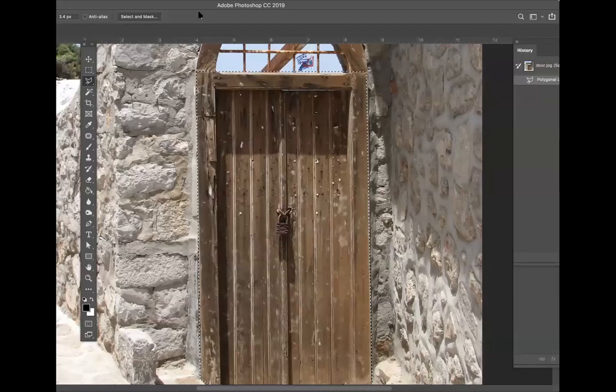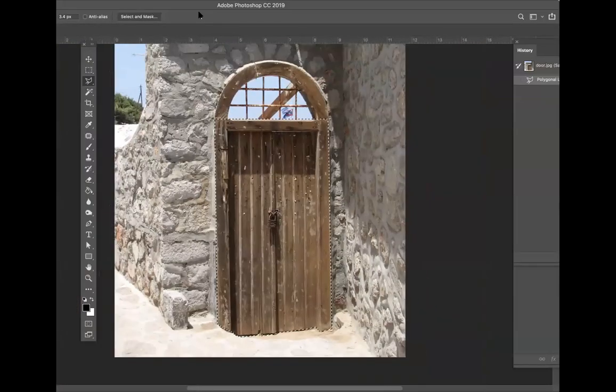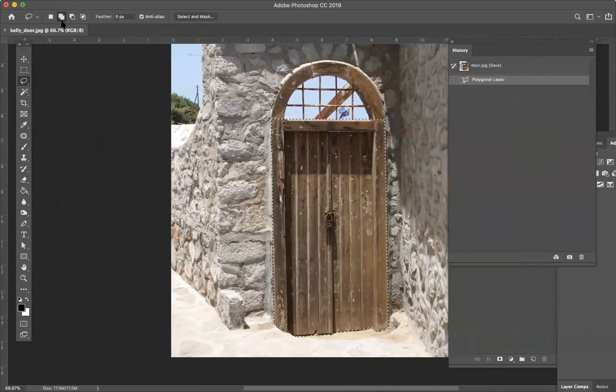I'm going to zoom out, Command or Control minus, and then I'm going to select our regular lasso tool. And we're going to hit this Add to Selection option up in the tool option bar. So right there, Add to Selection. And then we're going to bring our lasso tool down underneath the selection. So you see the marching ants there. We're going to come below, and we're going to draw